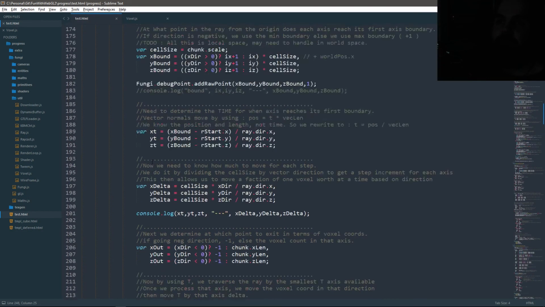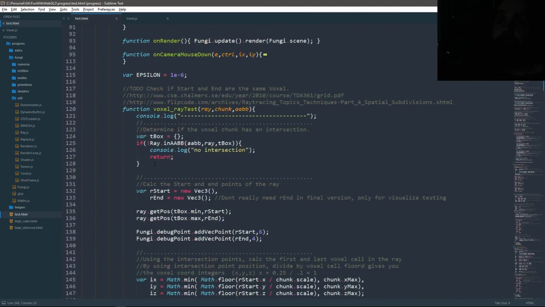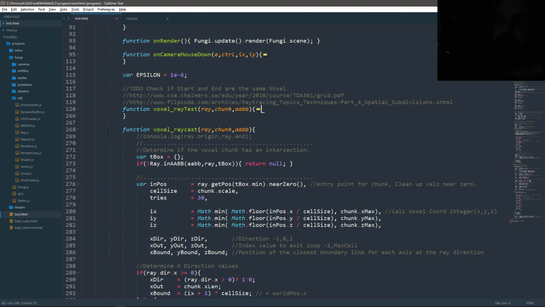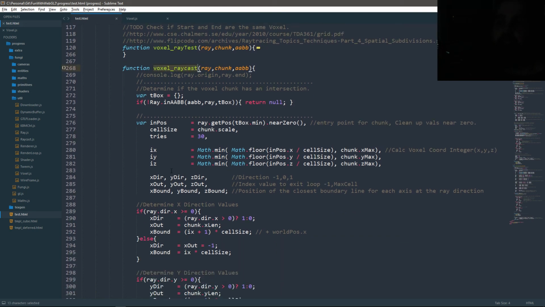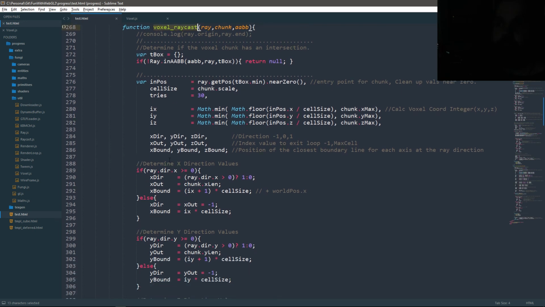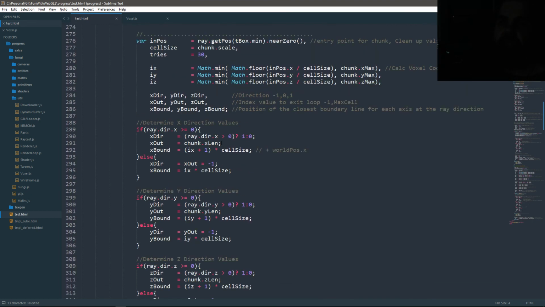So this is a very long function, but it doesn't need to be that way. I have another function underneath it called Voxel Ray Cast. Voxel Ray Cast is my final version of the function. It's cleaned up. I tried to rewrite some of the comments. I did, and it's written in